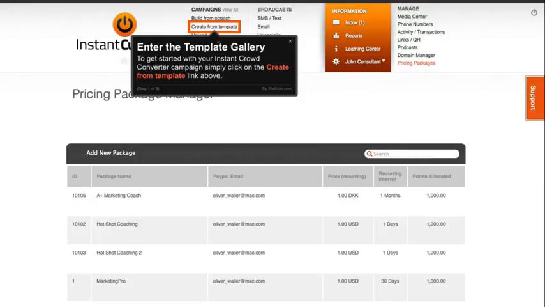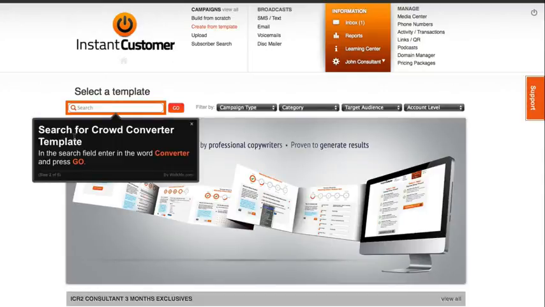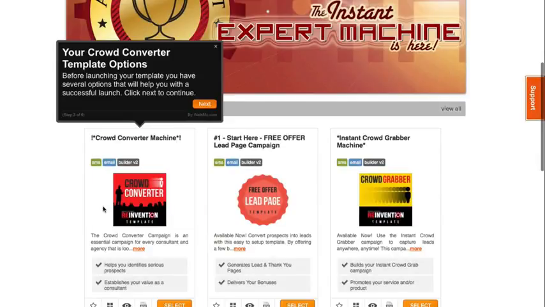And it tells us to enter our template gallery. So we're just going to click on that. And again, the Walk Me Help really just gives you exactly what you need to do. So just follow exactly what it says. Here it says, type in the word converter, and then you press go,